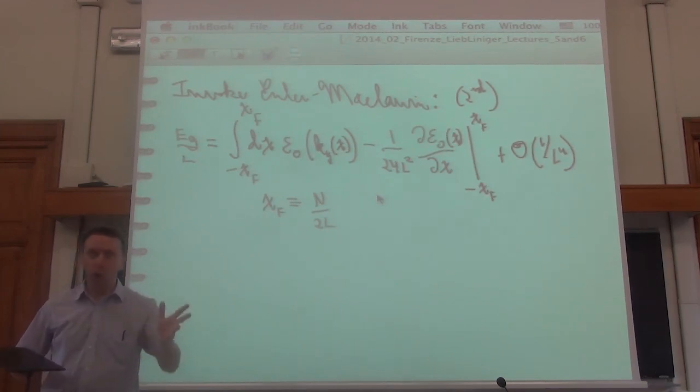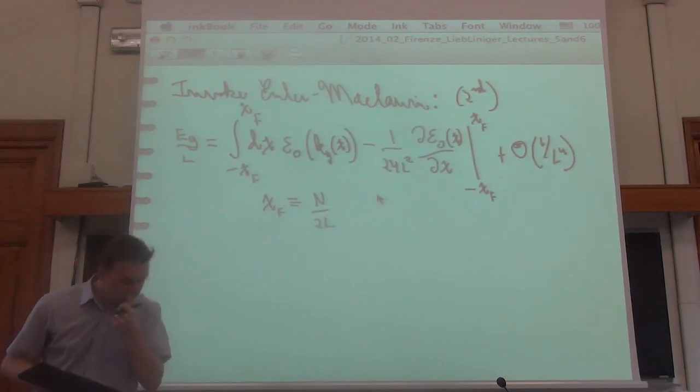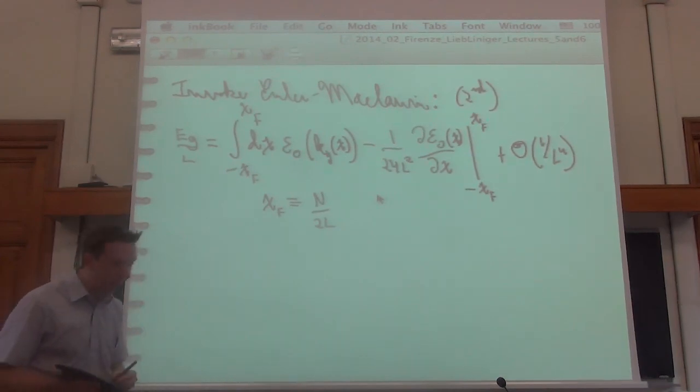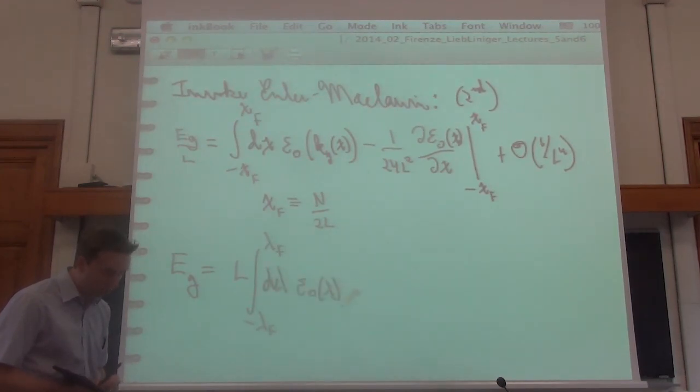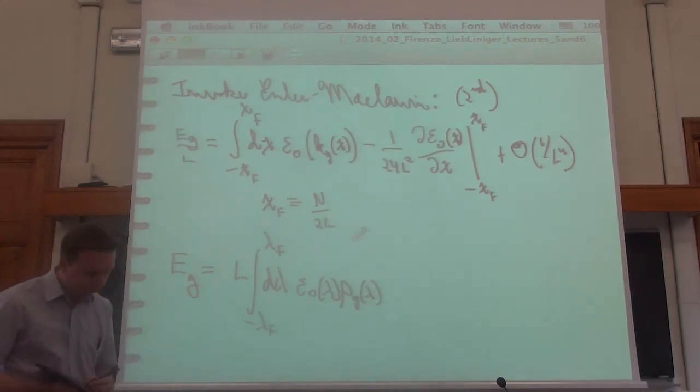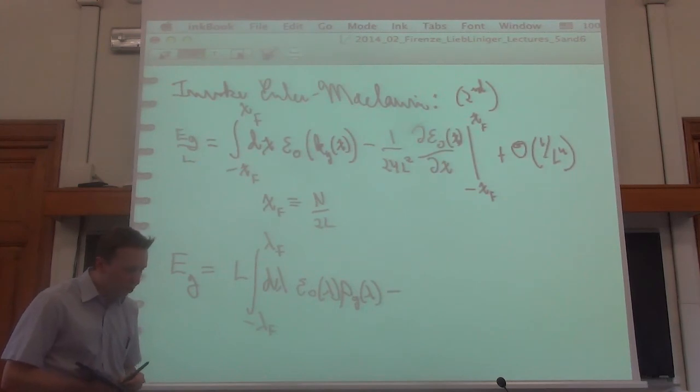Okay? So the rho total is equal to rho when you're within the interval of the ground state. So immediately what you have is that you can rewrite this thing here. So the ground state energy is equal to L times the integral from minus lambda f to lambda f d lambda of epsilon 0 of lambda, rho of lambda, rho ground state of lambda. Okay? And then you just need to change these